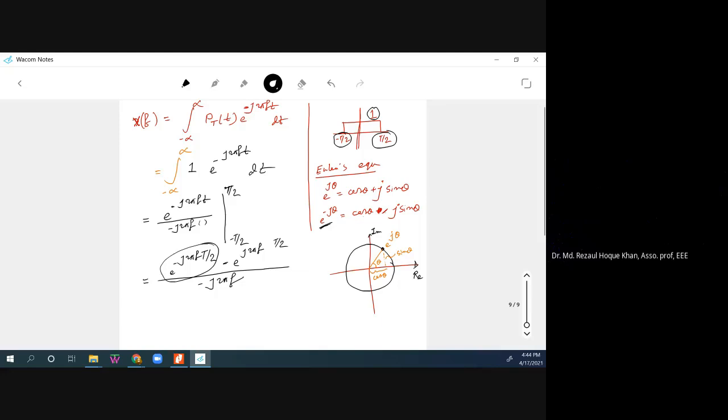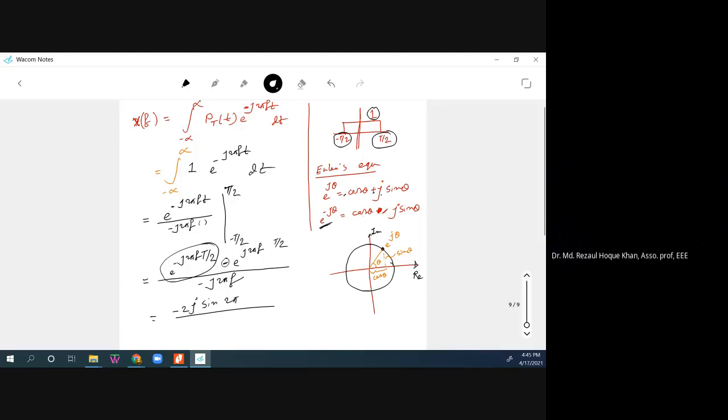Because of this minus, the cos will be minus and the j will be minus. So this minus and this minus, we will have 2 minus 2j